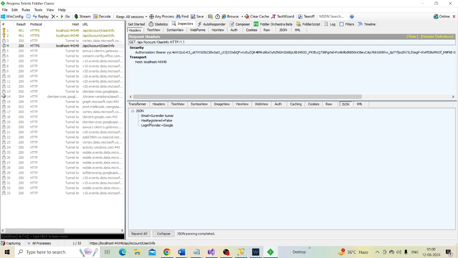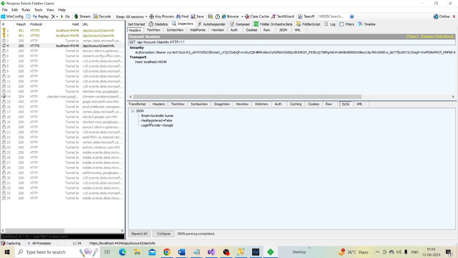If the user is registered with our application, then we want to store the access token and the username in local storage, and then redirect the user to data.html page.